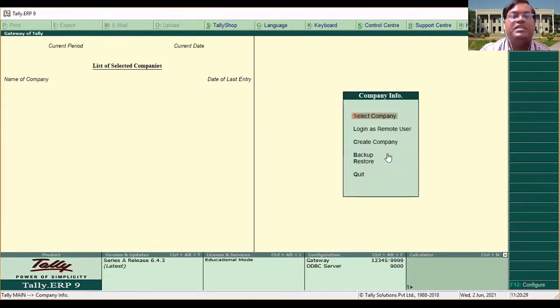From the company info menu, to create a company, you have to choose the create company option. You can highlight the menu option just by using arrow keys, or using the mouse, you can click on create company option and press enter.